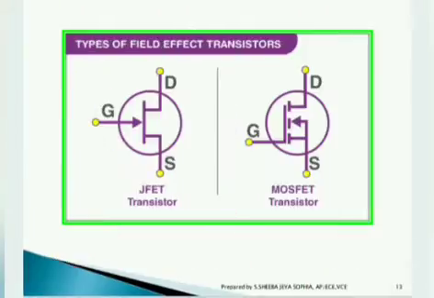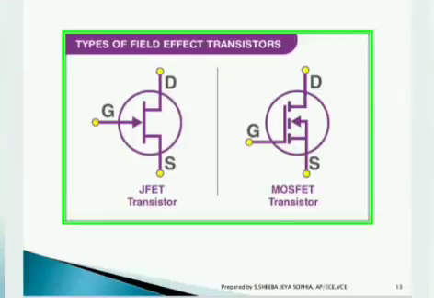As we have seen in the classification, the two major types of field effect transistor are JFET and MOSFET. As you can see in this diagram, JFET is nothing but the junctional FET. So the junction is selected, and based on that it controls the voltage, depending on which type of field effect transistor we are choosing. Also MOSFET, metal oxide semiconductor FET. Yes, you can see here separate lines are created for source, drain and gate areas.